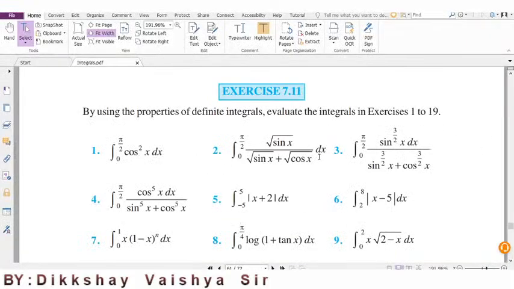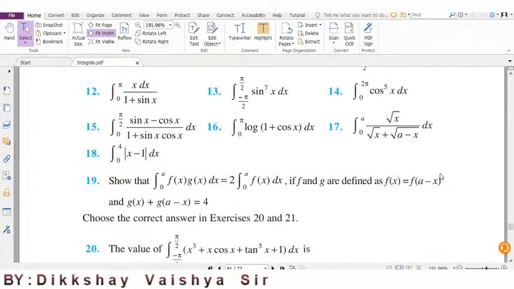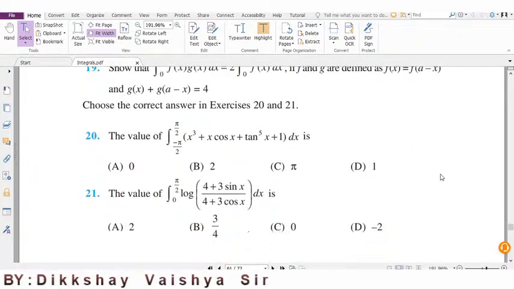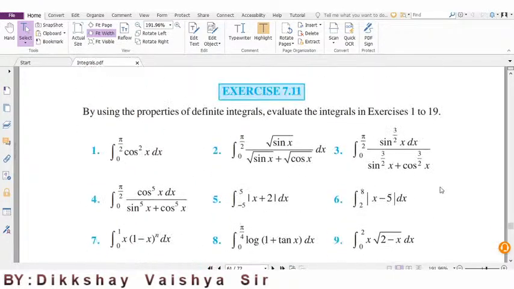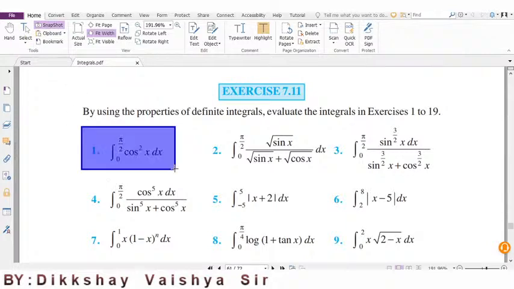Okay, so start करूया session. Okay, so this is our exercise 7.11, which consists of 19 actual questions and 2 MCQs. So let's start with the first one. First question is, four to five is our target. Yes. Okay, so